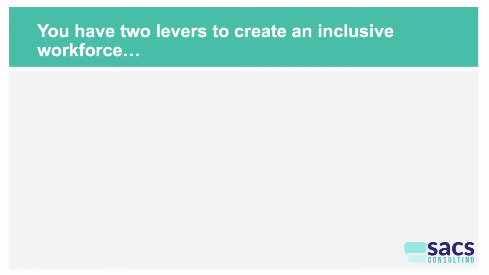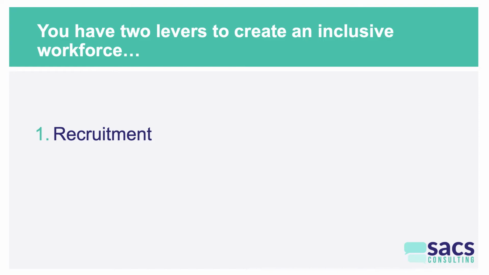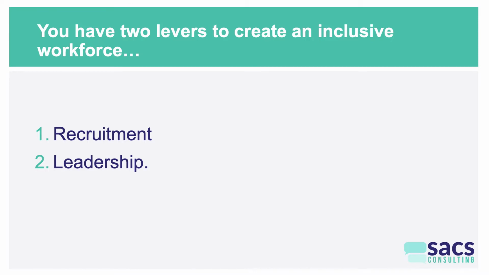So the first reality that you need to embrace about creating a tolerant workforce is that you really have 2 levers to create the kind of workforce that you want to have. Lever number 1 is your recruitment practices, the people that you let in through the front door every day. Lever number 2 is how you lead them once they're in. That's all you've got. How we recruit and how we lead them. So in the first few videos in this sequence, we'll be talking much more about how to recruit the right people. In the final couple of videos, we're talking very specifically about leadership and about techniques to maximize the receptiveness of people to inclusion and their enthusiasm for making a more inclusive workforce.